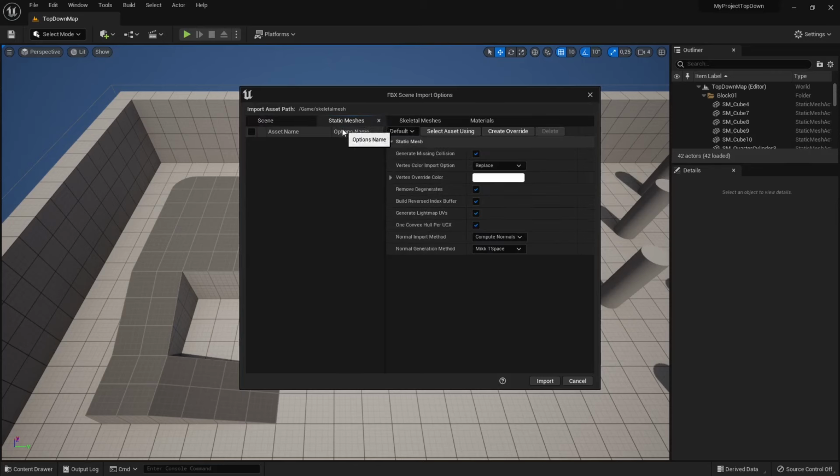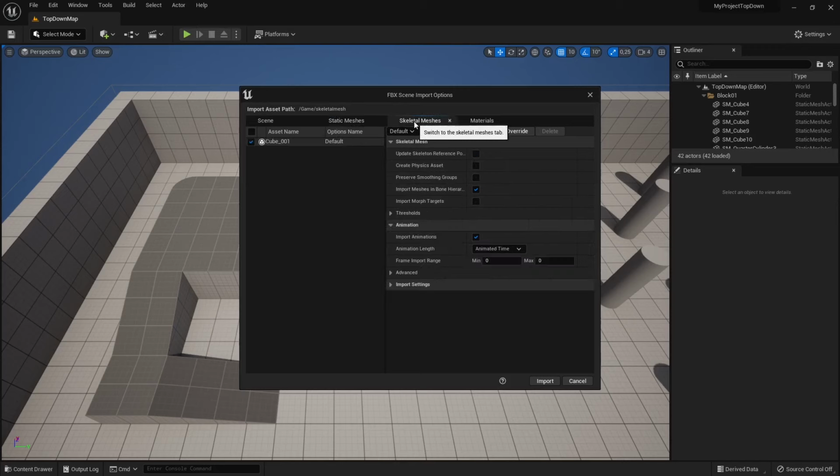Now you can see there isn't any static meshes here. This is empty right now. But if I go in the skeletal mesh panel, you can see now my cube is there. So it has been recognized to be something that is going to be animated, and it's called skeletal mesh. Even though we don't have an actual skeleton made of bones, this is still going to be called skeletal mesh. And also we have other options here for smoothing groups and things like that, but